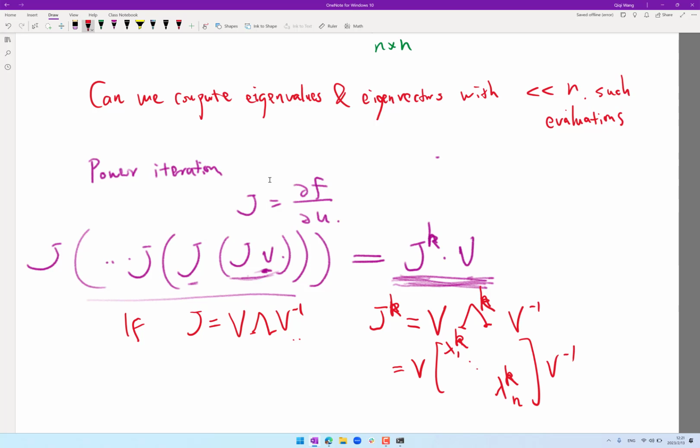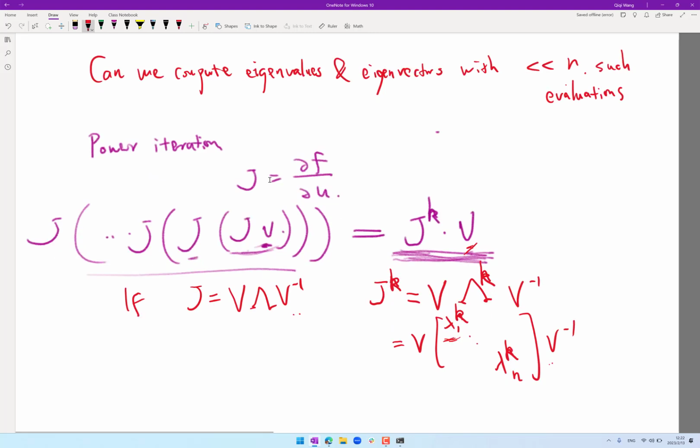Now, as long as v does not happen to contain no component in the largest eigenvalue direction, so let's say V is decomposed into V1, etc., to Vn, and my initial v can also be decomposed, just like in our previous analysis, into a linear combination of all these eigenvector directions. As long as we are not so unlucky that the first component is exactly 0,